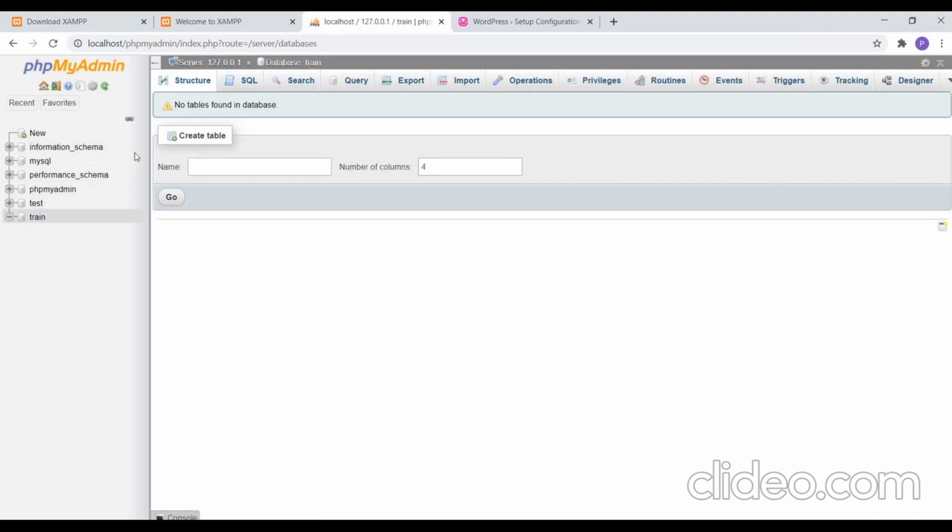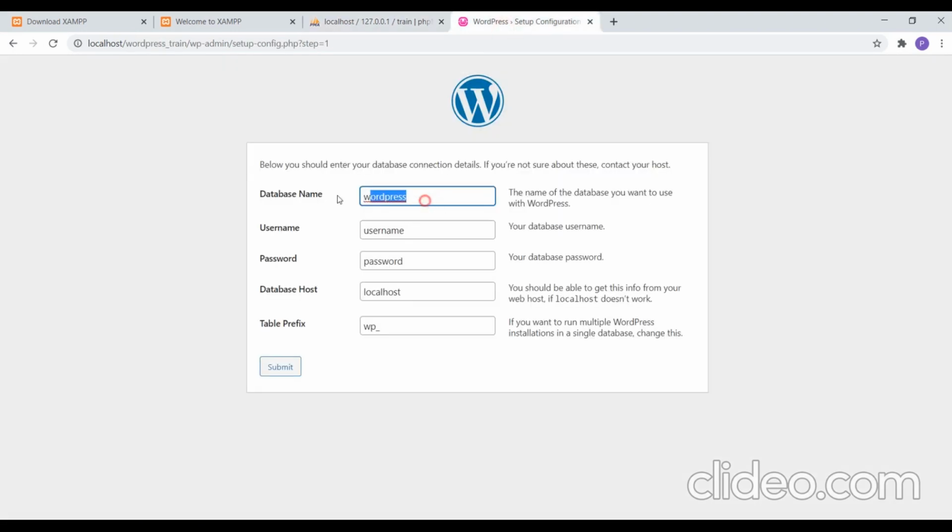By default, phpMyAdmin has a user called root or admin. You can use either of these. I'll give the database name as train that we have created recently, and for username I'll give root, and the password is empty.